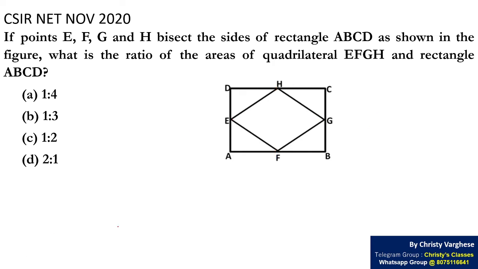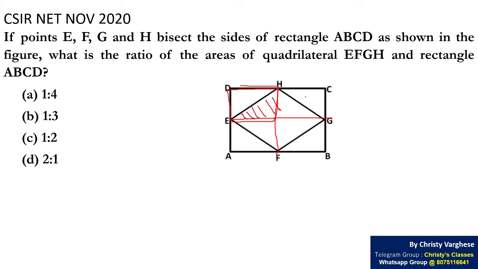You can save at least 20 to 30 seconds if you are logically looking at this picture and saying the answer directly. You can say the answer directly if you are dividing this rectangle into 4 small rectangles. Mentally you can think so. And in each rectangle, the quadrilateral occupying region will be half of the rectangle.